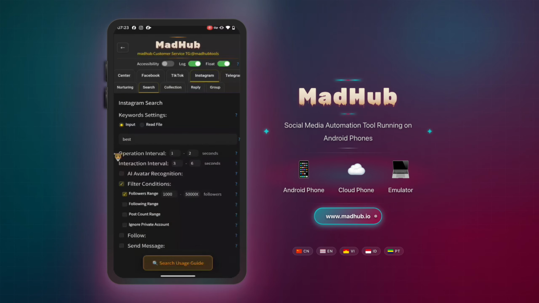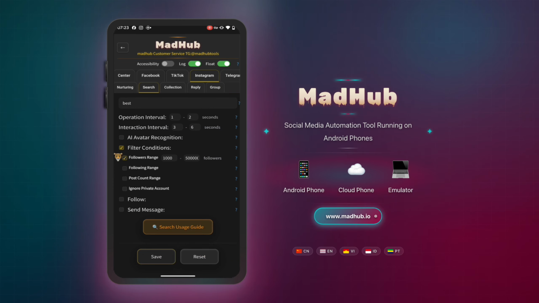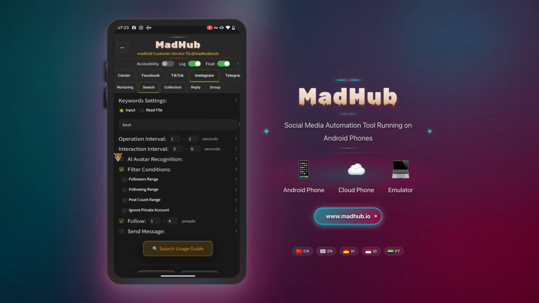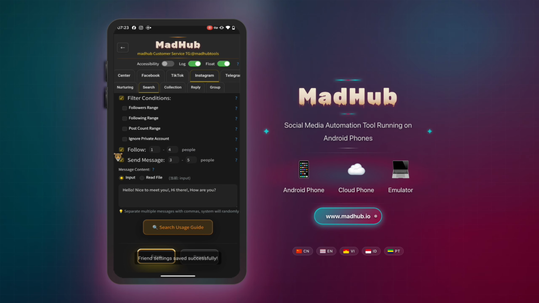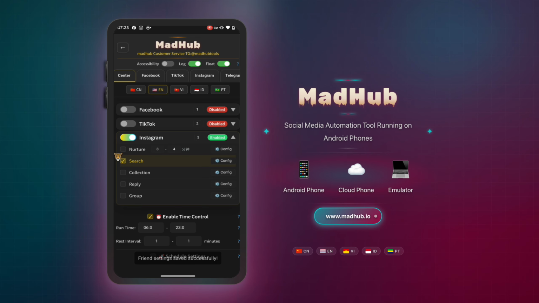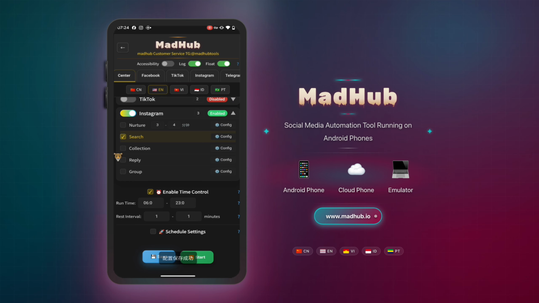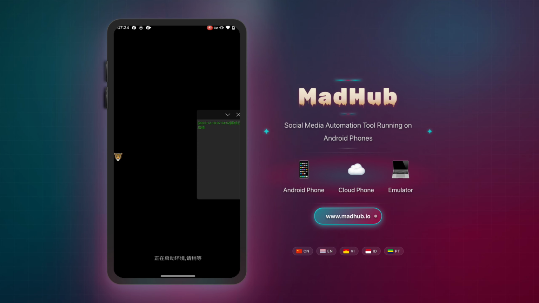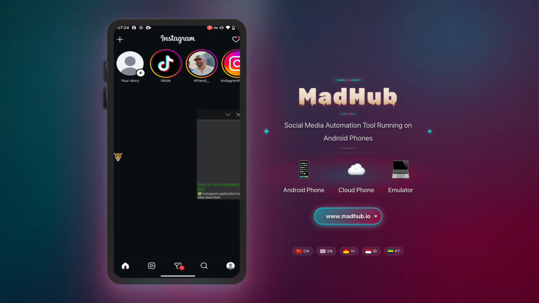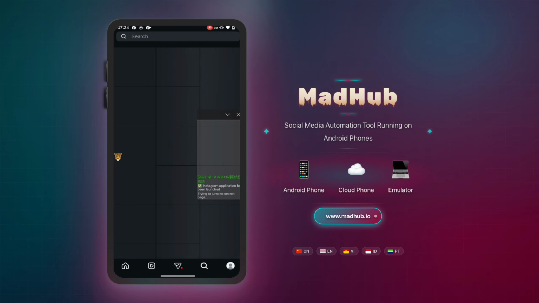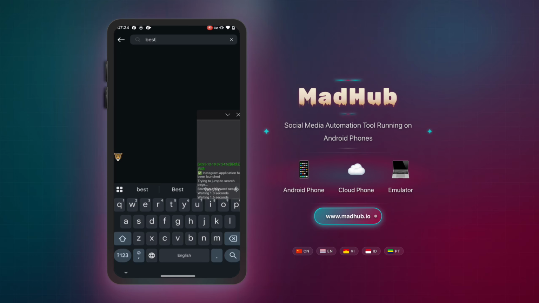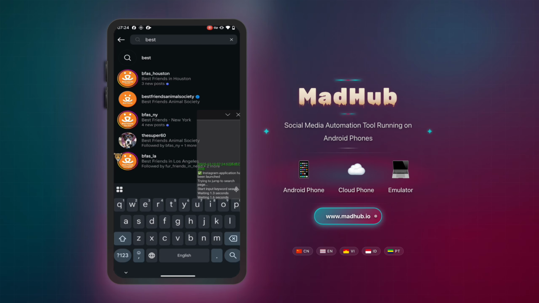Alright, after setting all of this up, do not forget to save. After clicking save, you can execute the search automation workflow. Remember to set your Instagram app language to English before starting your operations. For the upcoming demo video, we will randomly set some values. Due to time constraints, for operation interval and interaction interval, we may set them very short. In your actual automation task execution, you need to set the corresponding content based on your actual situation,